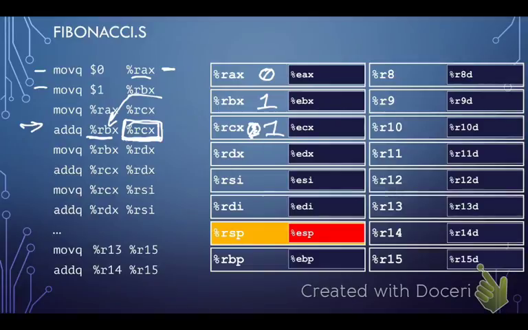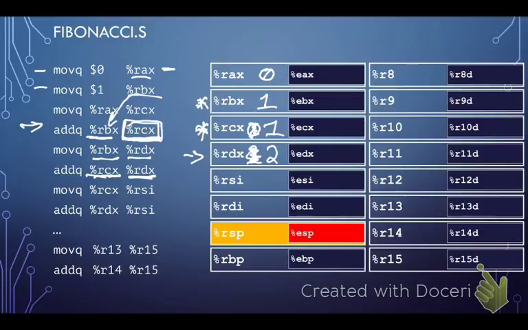Okay, now we'll do the same thing. We want to compute a result to store in RDX. So we're going to look back and say, all right, we were going to sum the previous value and the value before that. So we'll take this value and we will move it right here into RDX. So we'll temporarily write a 1 there. Then we'll do the add, where we'll add RCX to RDX and store the result in RDX. So 1 in the RDX register plus RCX, which has a 1, will give us a 2, and that will be written in the RDX register. So this appears to be working.